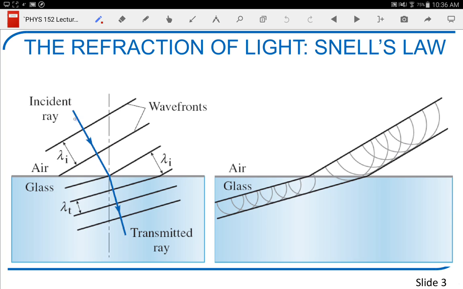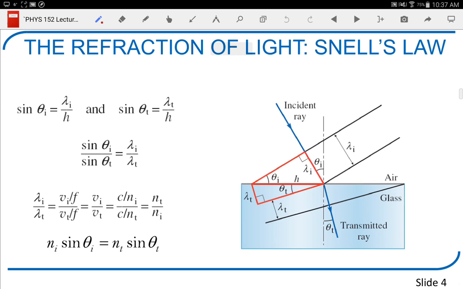The picture on the left is showing the incident ray. Remember, we started saying geometric optics, talking about rays of light. The incident ray coming in, and because the wavefronts bend, it's changing direction. And staying with this, you saw Snell's law. Snell's law is the mathematical law that we use to describe, not explain, but to describe that change in direction. So the red lines on this picture are what we need for the geometric